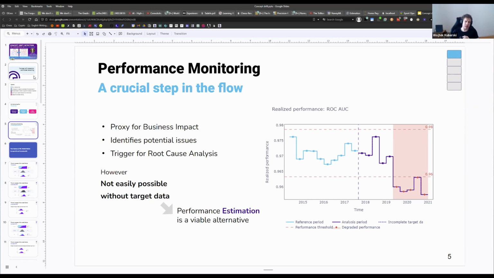And it is a trigger, as I already mentioned, for root cause analysis. So this is something that really should be the entry point for the monitoring. And as I already mentioned, we cannot do it easily without the target data. We have performance estimation for that, but that's a topic for a different discussion. So now that we covered this ML monitoring flow and the role of concept drift, which is a part of root cause analysis,